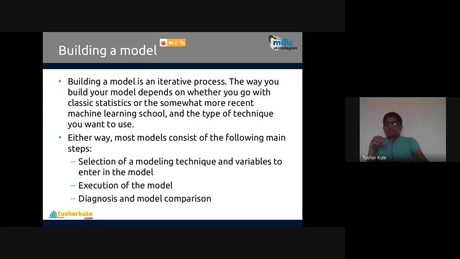Here we define your technique. We can create a statistical model, where you understand the formula clearly, like linear regression. Linear regression is a statistical model. Or we can apply a machine learning model also. A machine learning model also requires data. After this topic, we'll have a technique of machine learning. We'll see in detail what machine learning is and go with that model building also. The type of technique that you want to use: which technique will be suitable for my data so that I can do the predictive analytics of it.